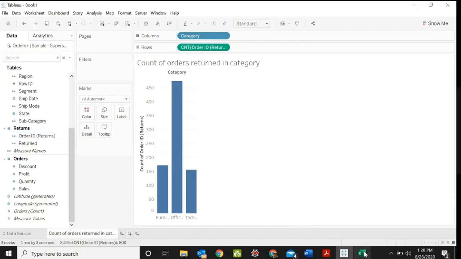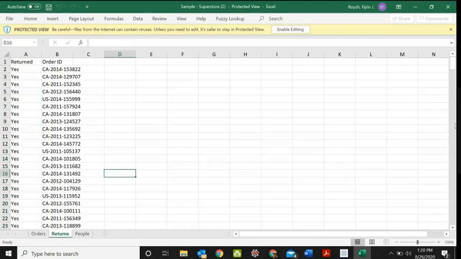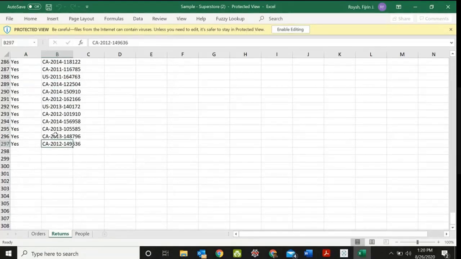So if you check your data source, this represents your order ID. This order ID is returned. The second column gives another order ID which is returned. Each column is giving a different order ID which is returned.